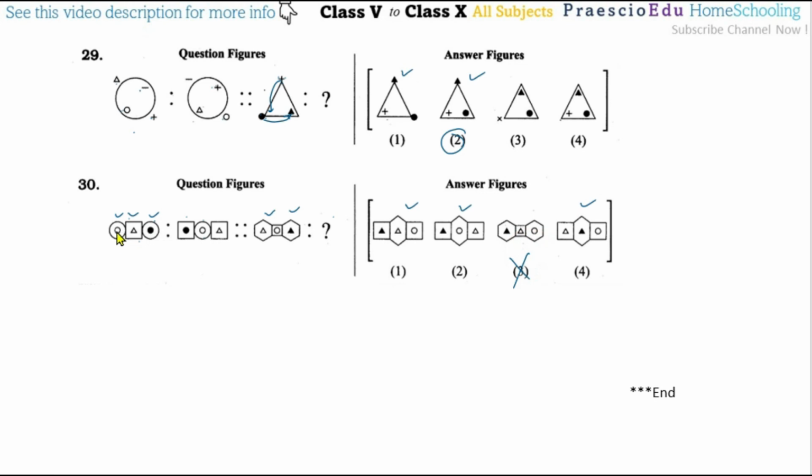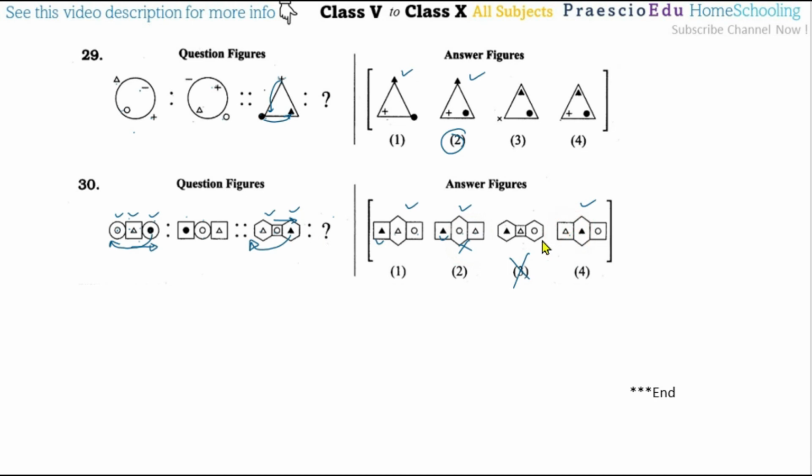Now next one, here a solid circle, then a triangle and a hollow circle. So now the solid circle moves to the first position toward the left side, and these two figures are shifting toward the right side. Likewise, the solid triangle will come to the first, meaning this shape and these shapes. After this, the hollow triangle and then the circle will move to the right side sequentially, or we can say shifting. So triangle and circle, but here the circle and triangle are shown, so this is the incorrect one.